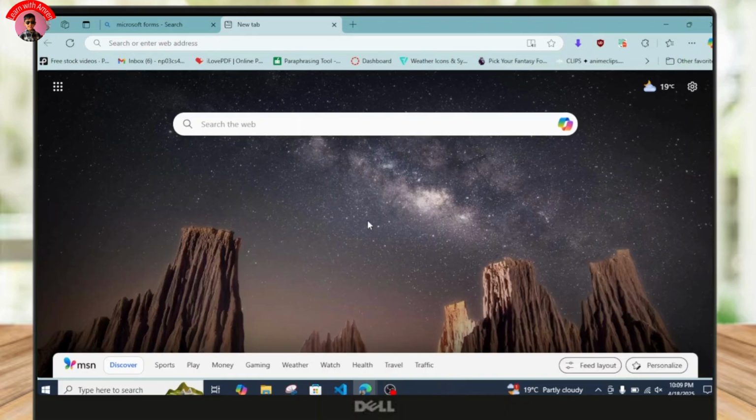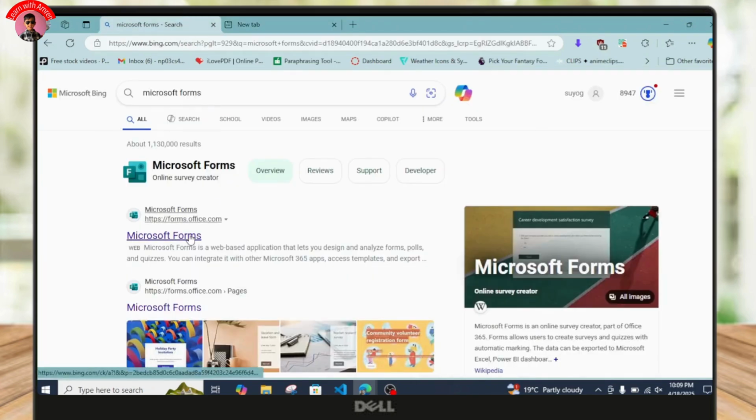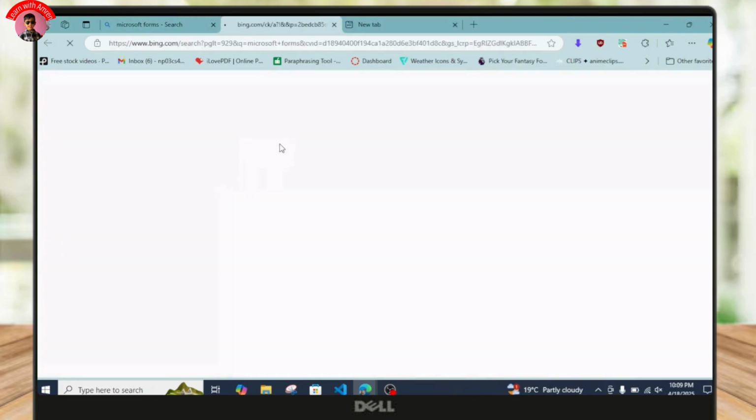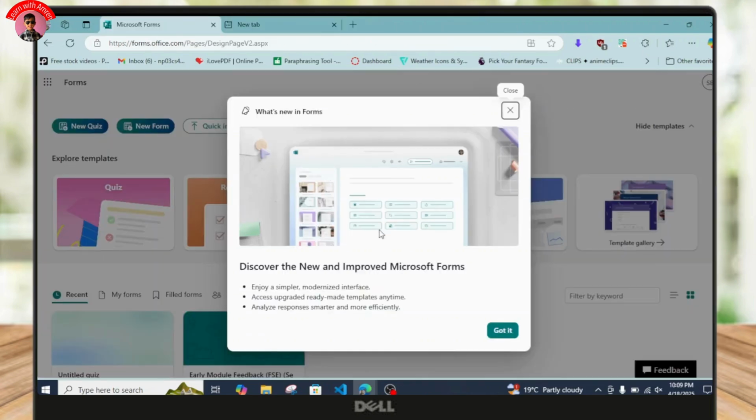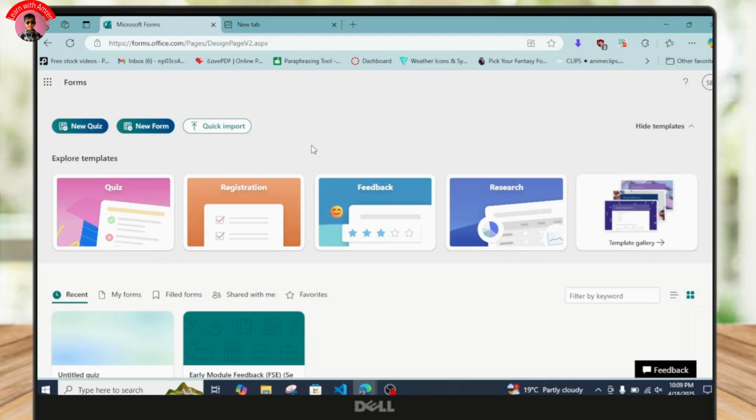In this quick tutorial, I'll be showing you how you can easily create a quiz in Microsoft Forms. So first thing, just head over to any of your favorite browser and just search in for Microsoft Forms, just like this. So once you search in for that, just click on this first link and wait for a few seconds. So basically, once you're inside here, just tap on this new quiz button over here to simply start a